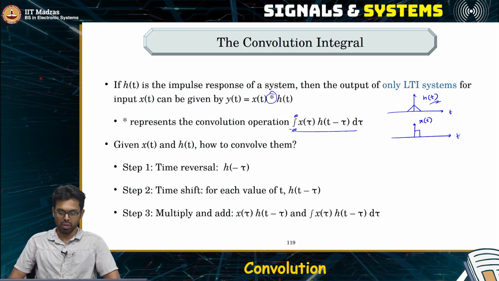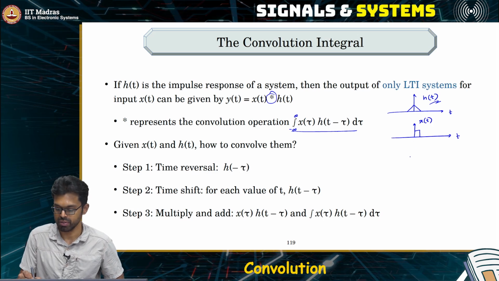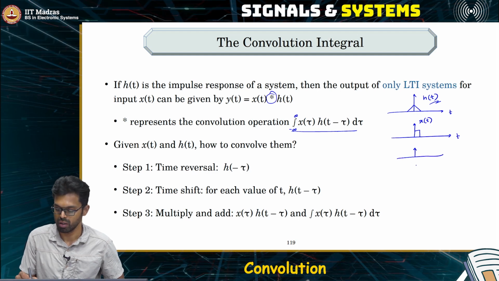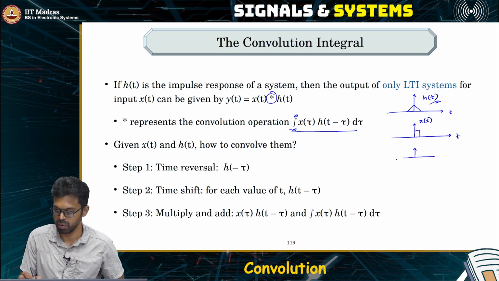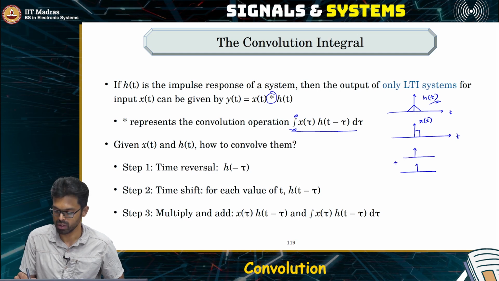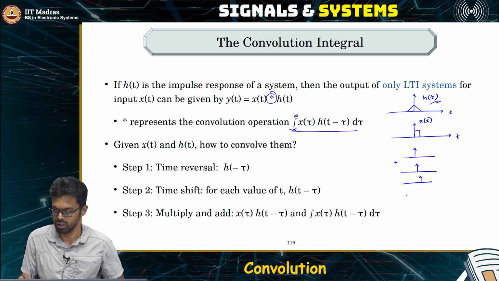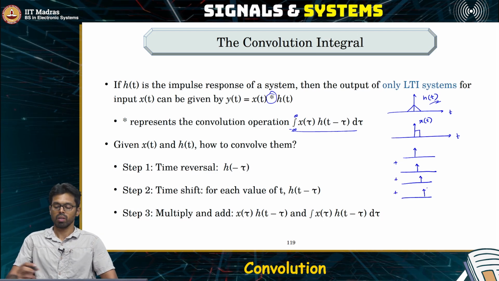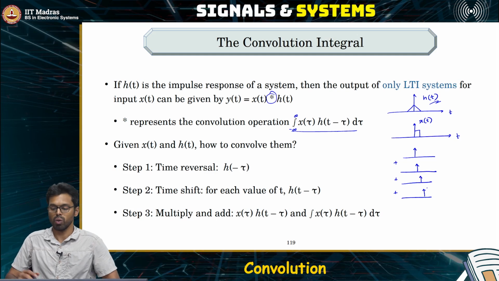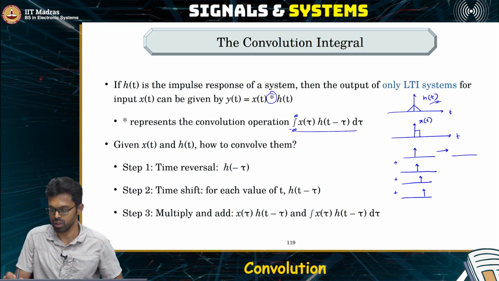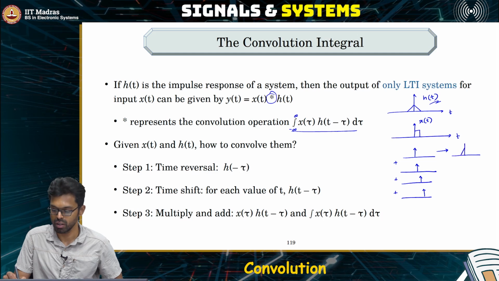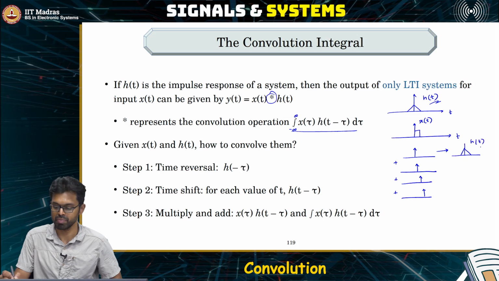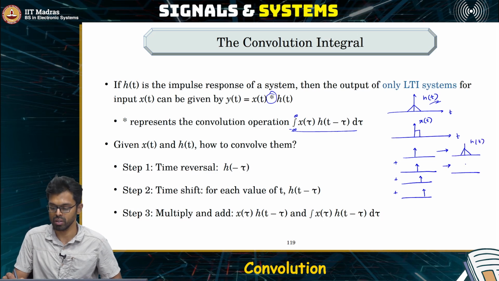What do we need to do? So we can represent this x of t as this impulse plus this impulse plus a bunch of impulses, right? Now what is the corresponding output? So the corresponding output for this impulse is the impulse response as such, h of t. And what is the corresponding output here? It's the